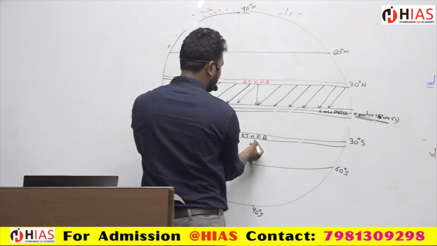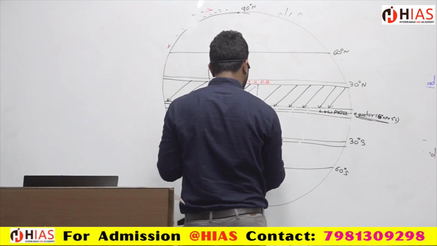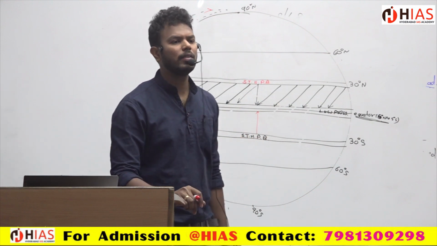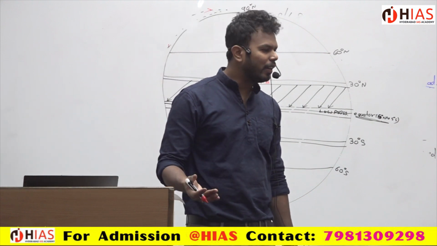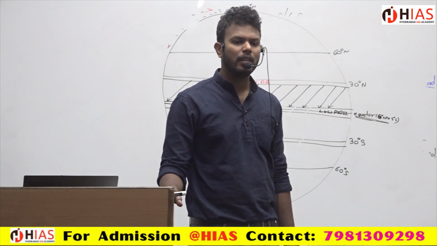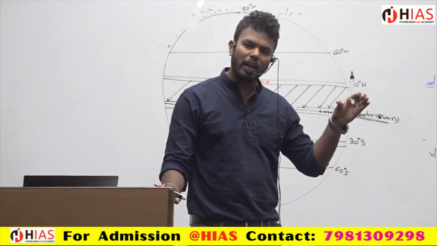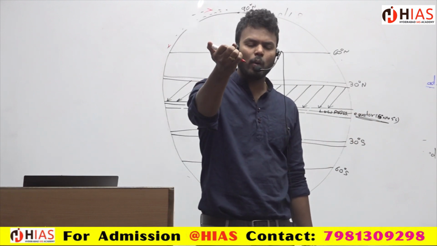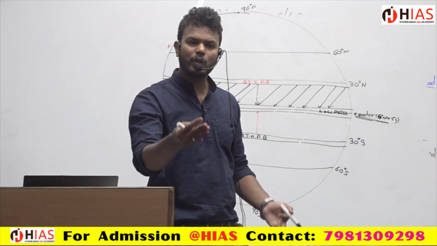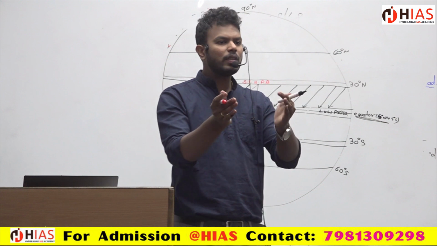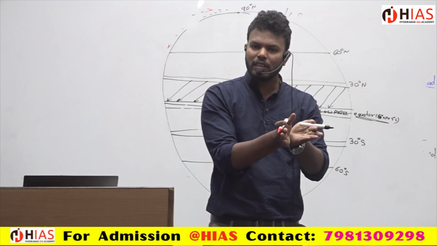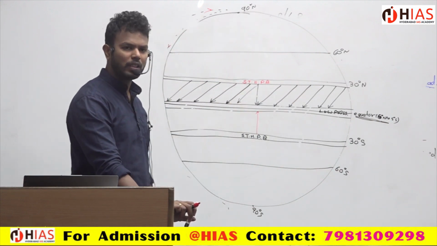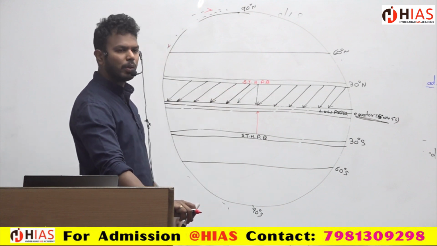And now same like here. Wind wants to go from which place to which place? Why does wind want to go from high pressure to low pressure? Pressure gradient force. What does pressure gradient force say? Wind will always travel from high pressure to low pressure only. See, water will come down only when there is a slope. Slope is the reason for the water to come down. So winds will always move. Greater the pressure difference, more the winds will come. So winds will travel from high pressure to low pressure.